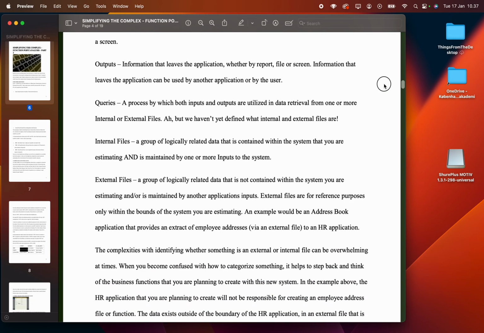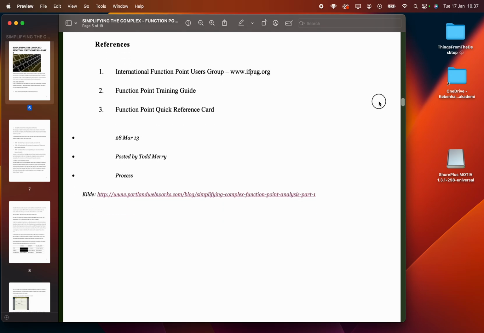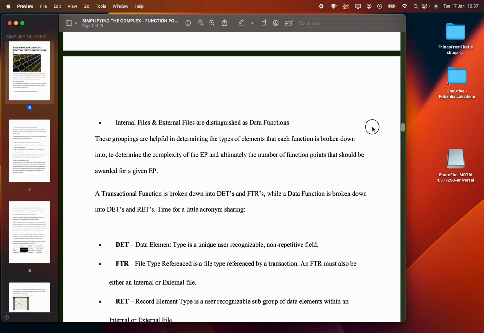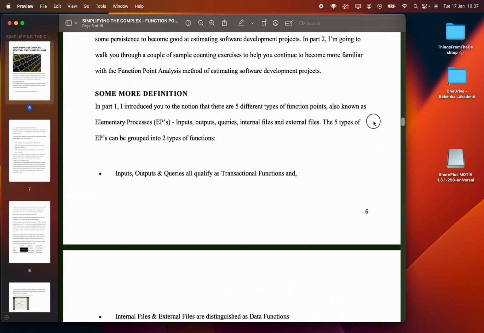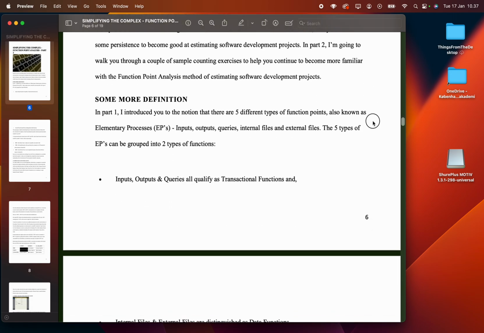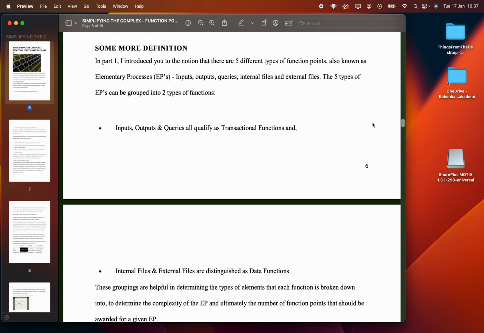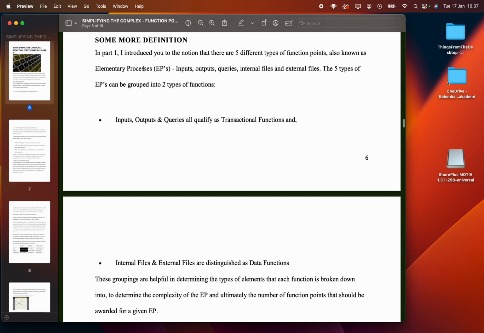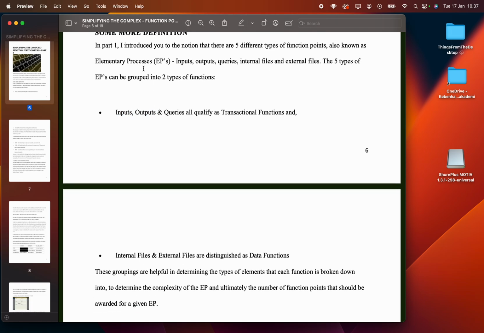Okay, good. Let's go down here and let's just see if we can get some more terms here. So we have the inputs. Okay, so as we saw in the former slide, we have the